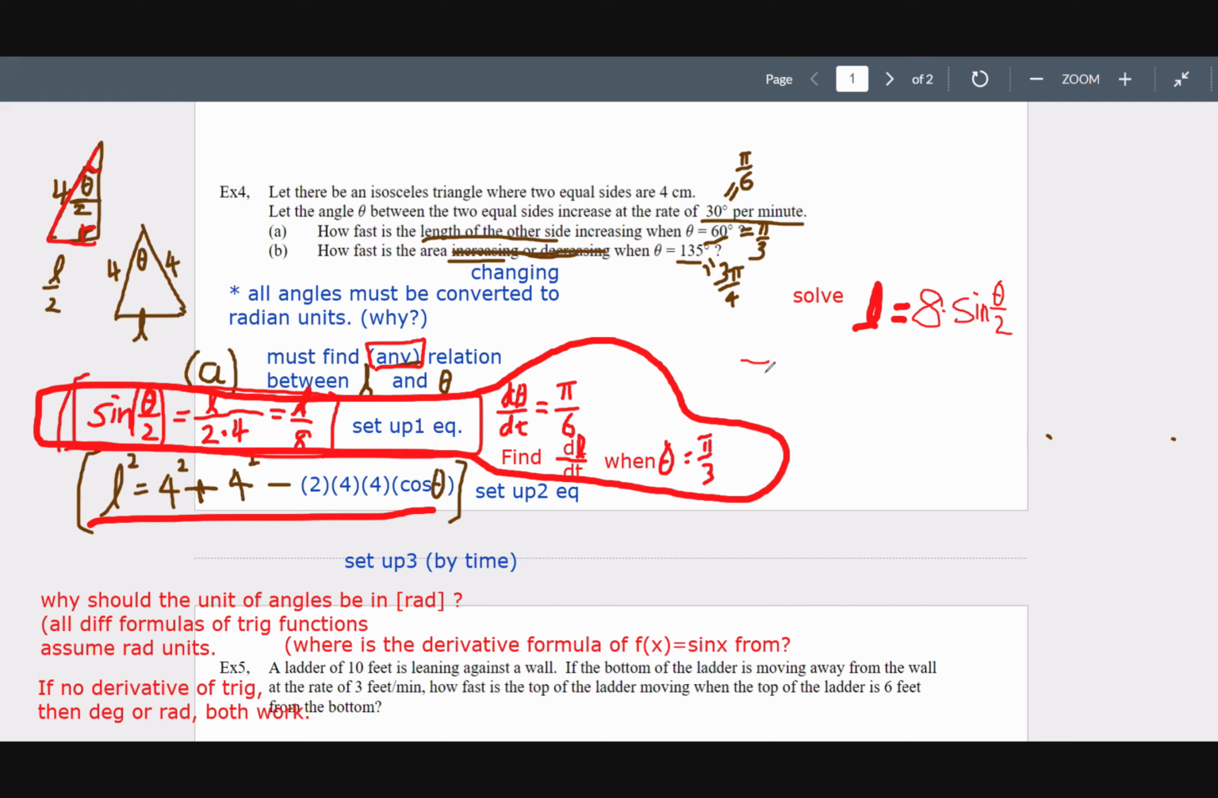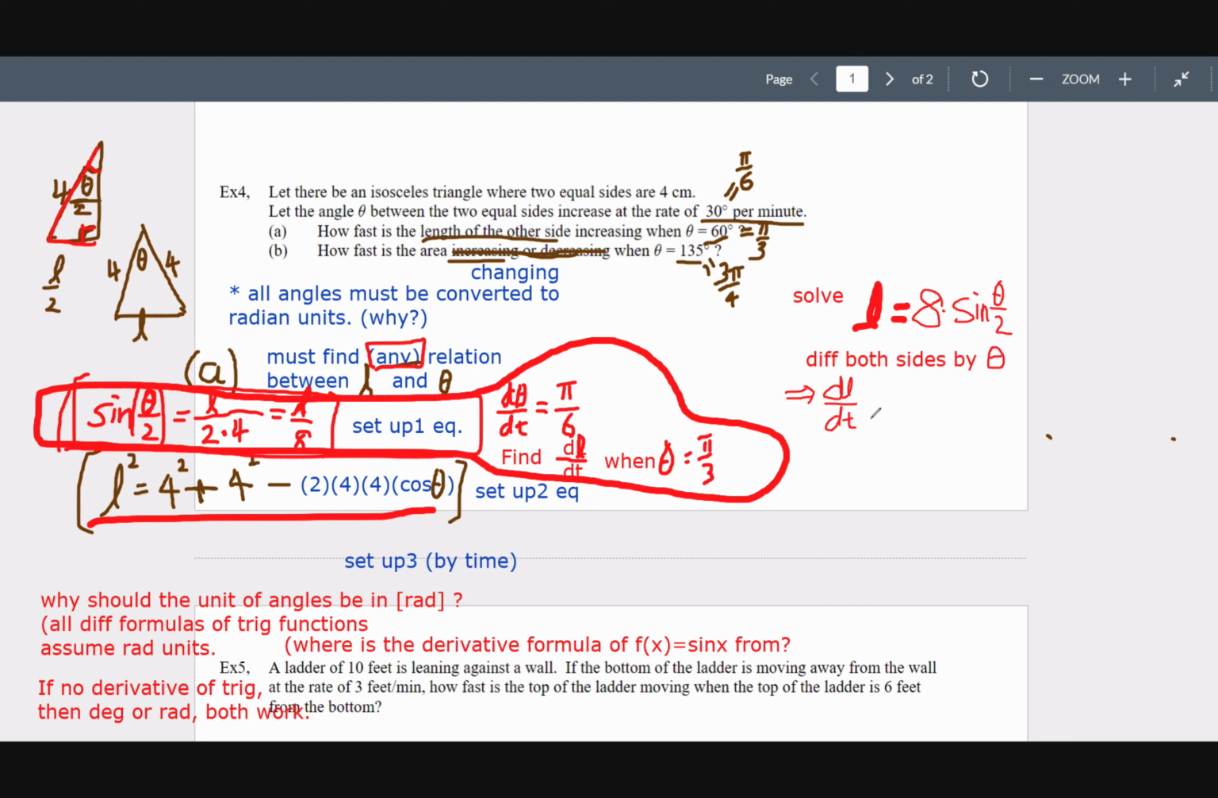How about you now differentiate both sides with respect to what? Theta. Or what is this? Can you do it? Differentiate both sides by theta. Okay? So by theta, it'll give us dL/dt. So if you do that, what do you get? You get dL/dt